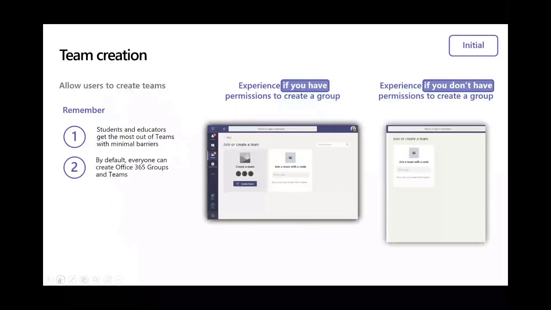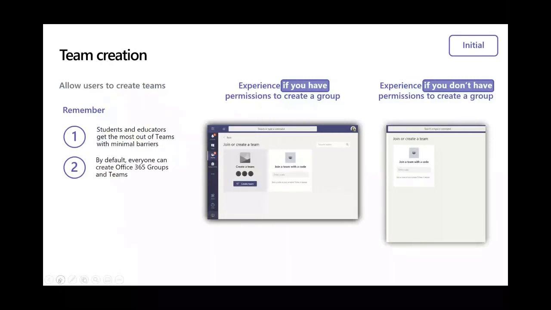If you look at the two screenshots on your screen there, the one on the left is an individual who has permission to create an Office 365 group. They will get a purple button there that says create a team. On the other side is an individual who does not have permission to create an O365 group, which means they cannot create a team. They don't have that purple icon. A number of experiences could happen if an individual does not have that icon. They really could look at this and say, oh, I don't have permission. I'm going to go to another platform where I don't need permission from IT, potentially causing shadow IT, or they'll create a help desk ticket, which is going to draw more resources away from IT.